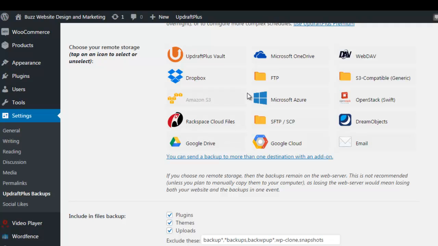You can back it up to FTP. You could even have it emailed to you, although to be honest it would probably be quite a hefty email if you've got lots of plugins and lots of stuff on your site. So be aware. So I'm just going to click on Dropbox